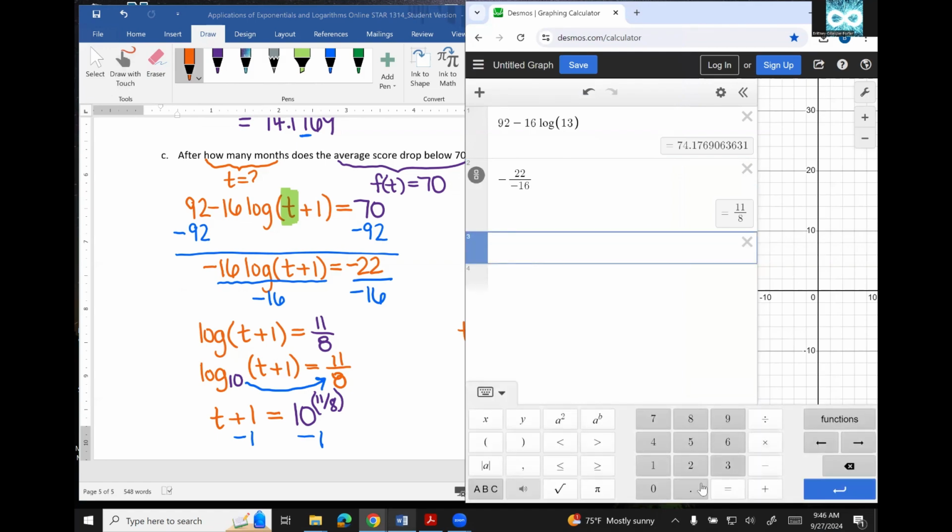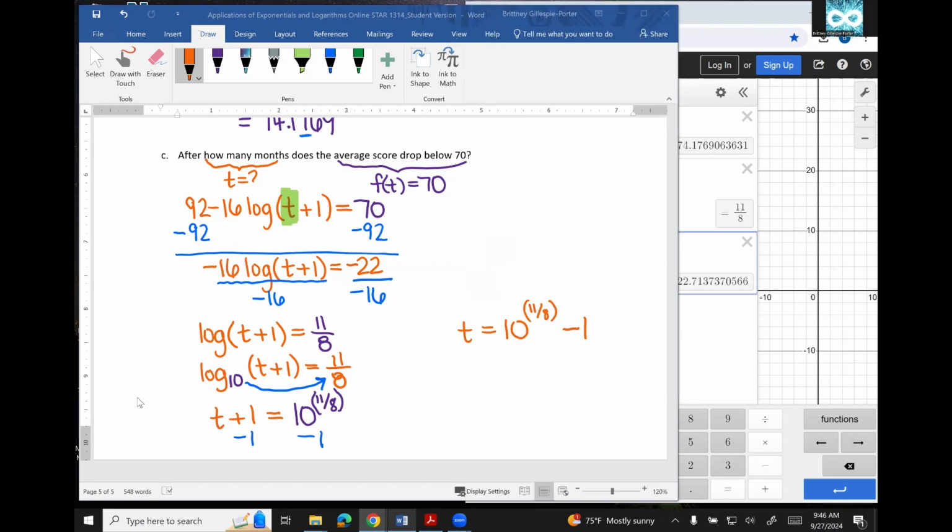We said t was equal to 10, and we need the exponent. I'm going to do a parenthesis, 11 divided by 8. Press over, close my parenthesis. Need to come down out of the exponent, so I'm going to press over, subtract 1, and we wind up with t equal to